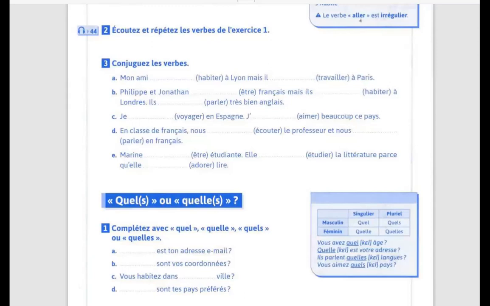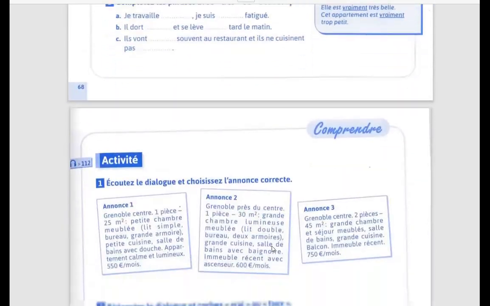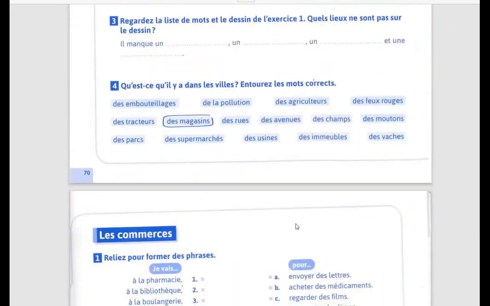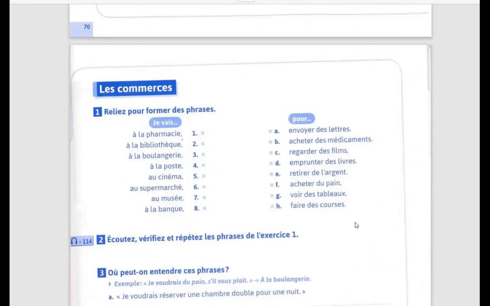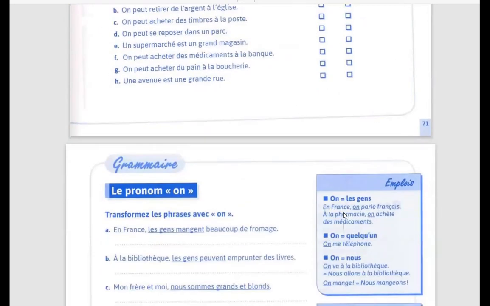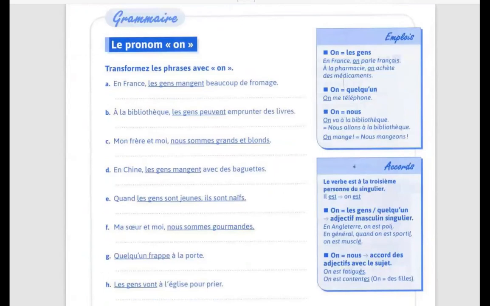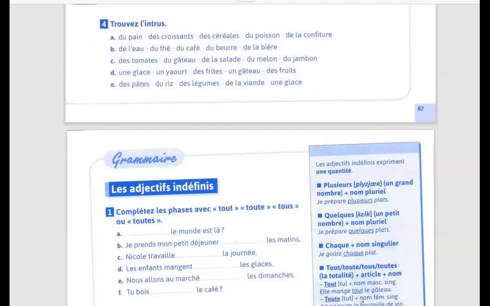Okay, pas de problème. So any other question, or will you just do one listening today? And if you still have any questions related to any exercises or whatever, we can do that. Écoutez, this we did. Je voudrais. Ok. On va trouver un exercice. So who joined now? Any questions?